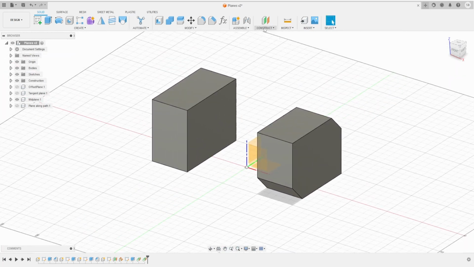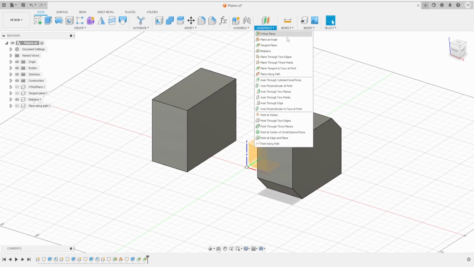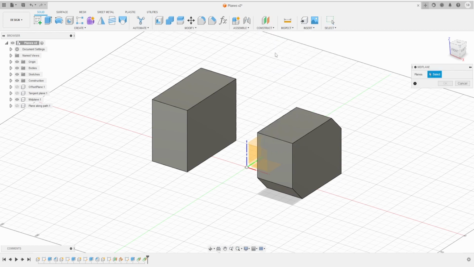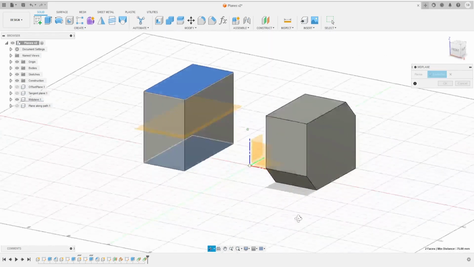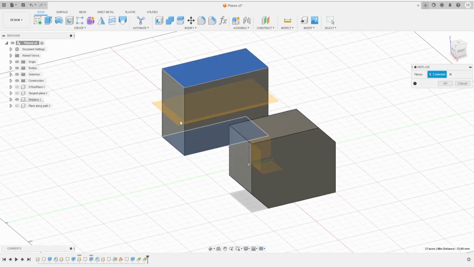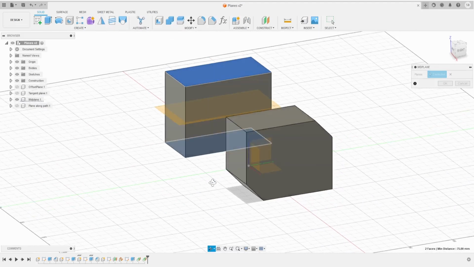So to create it, go to construct and click on mid plane. Then it will ask us in between which planes, meaning the faces of the object, we want this plane to be created. So in this case we can choose this one and this one. And as you guys can see, the plane has been placed exactly in the middle between this one and this